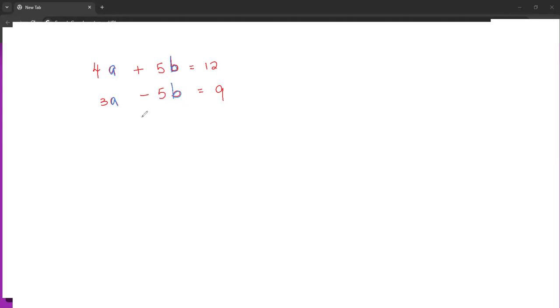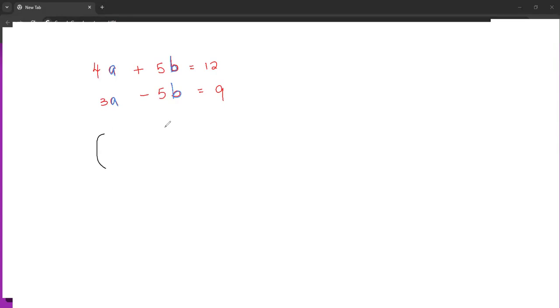Now, in terms of your matrices, we are going to generate matrices to show this information. What we do first is write the coefficients. A coefficient is the number that is in front of a letter. So we write the coefficients of each of them